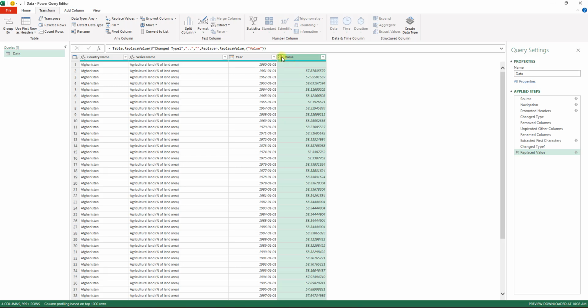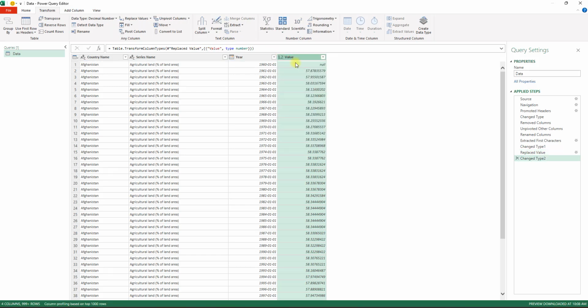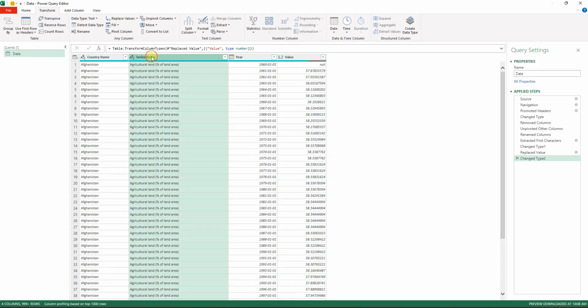Now we want to change it into decimal. You click on that icon, click on decimal numbers, and now it has replaced it. You can see what used to be here, we have null. So this is all what we need. We have values, so let's just change this to indicator. So I'll double click there, and